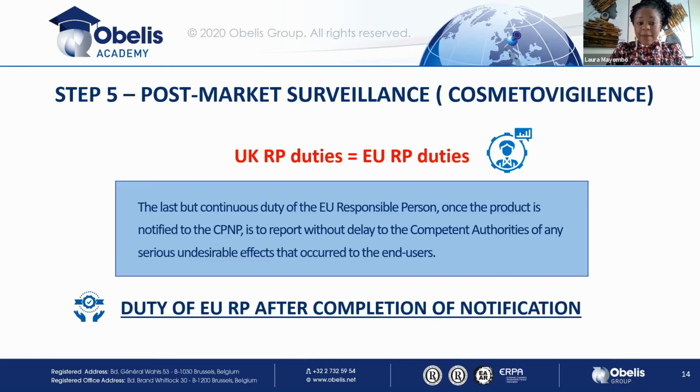And the final step, which is the post-marketing surveillance. This stays also the same. As we mentioned, UK RP duties remain the same as EU RP duties. So this is the last and continuous duty, as you may know, of the EU responsible person, that it has to keep track of any undesirable effect occurring with the product. It has to inform the competent authorities, and so on. So this will remain the same, and this is the last duty after completion of the